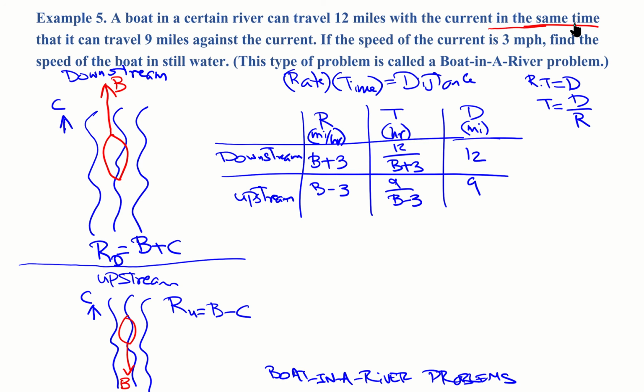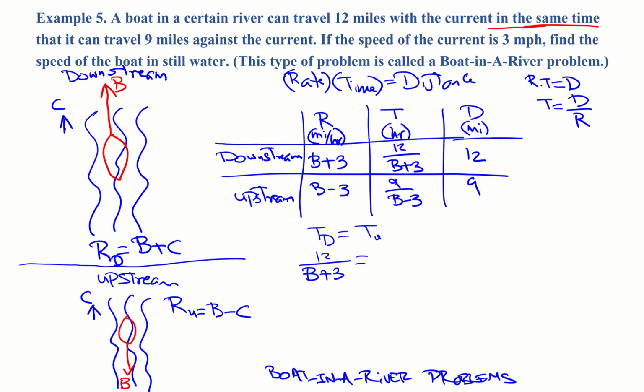Now this all important phrase comes in the same time. So what does that tell you? That tells you those two times are equal because the time downstream is the same as the time upstream. Of course, notice it's the same time, but because in one case you're going faster, you cover more distance. In this case, you're going slower, so during the same time, you're going to cover less distance. So that makes sense. So now we're just going to take 12 over b plus 3, and we're going to